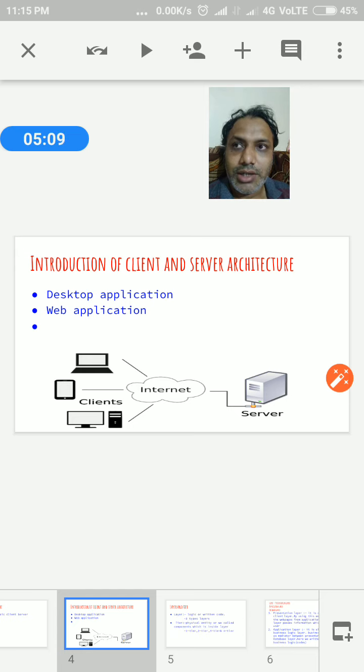It means the client as well as the database are on a single machine, so we can easily go and fetch your data. Suppose I give one example, banking. Suppose we have Bank of India, and the server of Bank of India is at their branch.